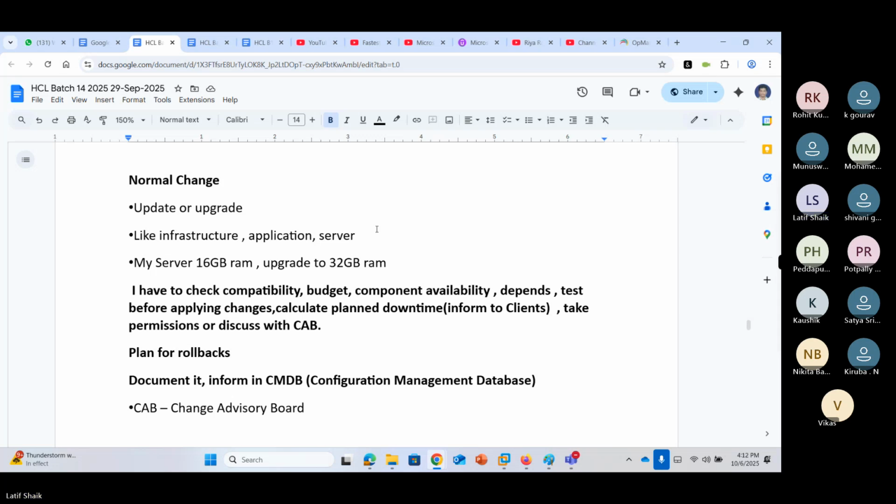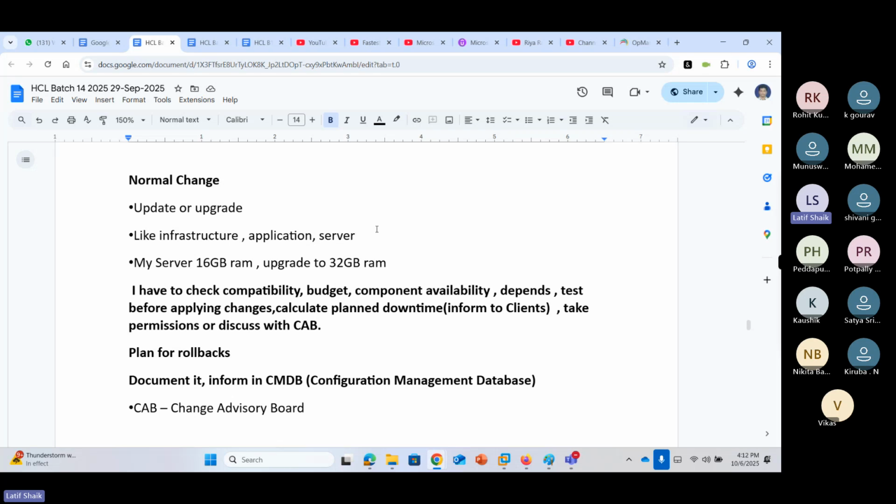Finally, put it in the CMDB. You don't do this in the initial stages, guys, but you are involved in change management: regular updates of your servers, server-based applications, network devices, upgradations, code changes, access permission changes, and service changes.